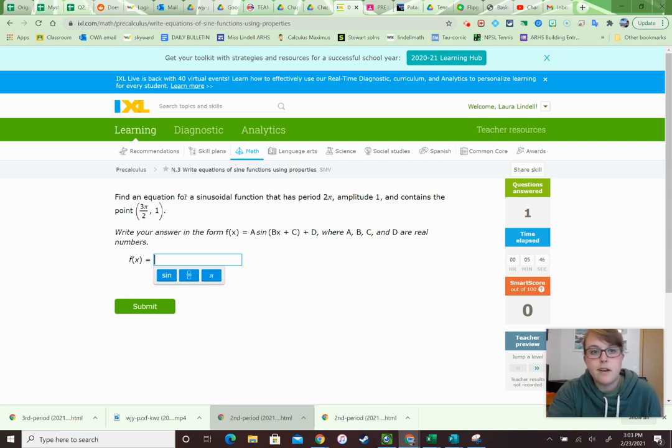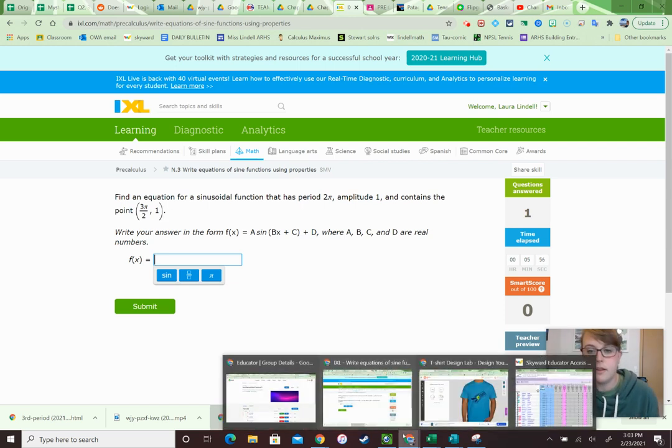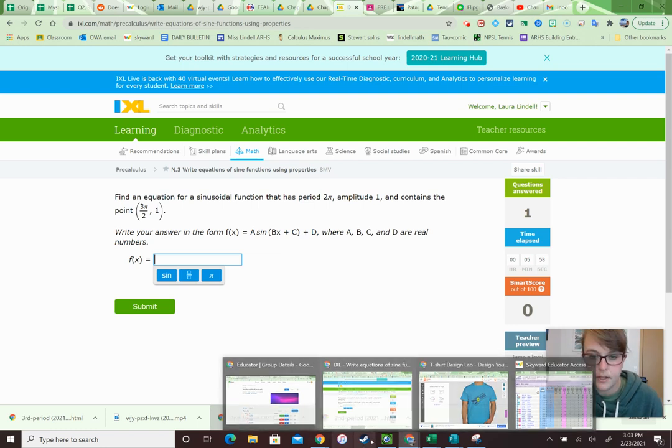It says find an equation for a sinusoidal function that has a period 2 pi, amplitude 1, and contains the point 3 pi over 2, 1. So what I would do there is,